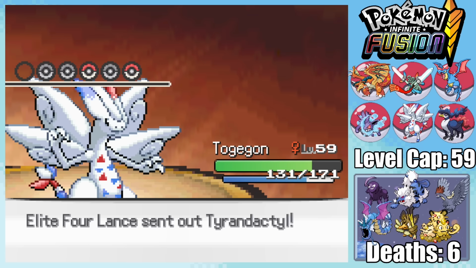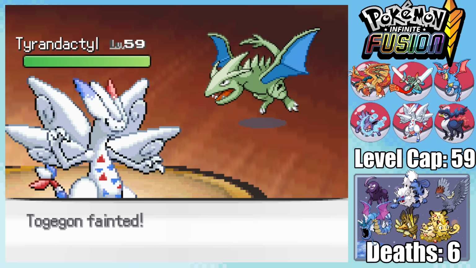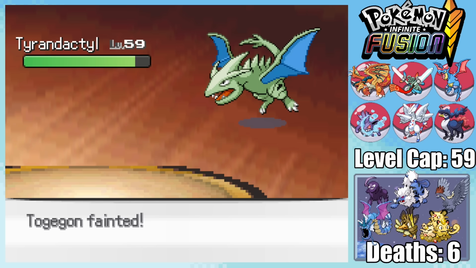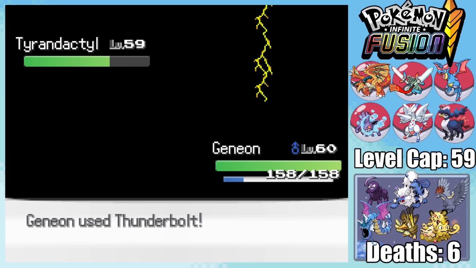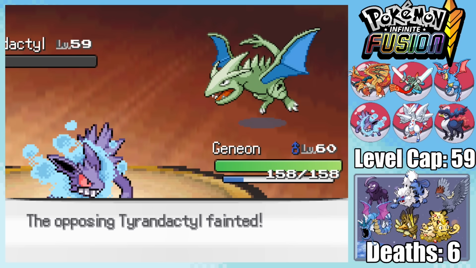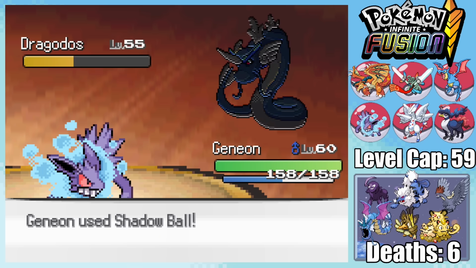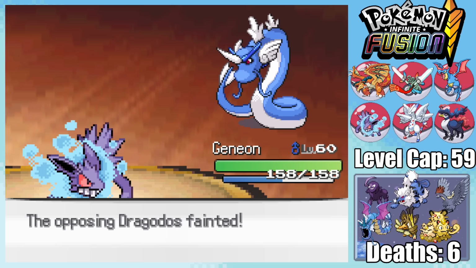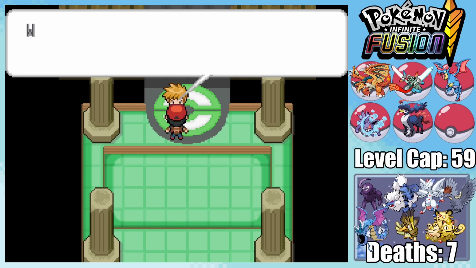With 2 Pokemon left, Lance sends in his strongest fusion, Tyrannodactyl, which just ends up outspeeding me and takes out Togegon with a Head Smash. As unfortunate as it is to lose a Pokemon here, I didn't have a switch in at all against this thing, and at least we can revenge KO it with a Thunderbolt from Genyon, who can also pick up the final KO versus his Dragados with a Shadow Ball,